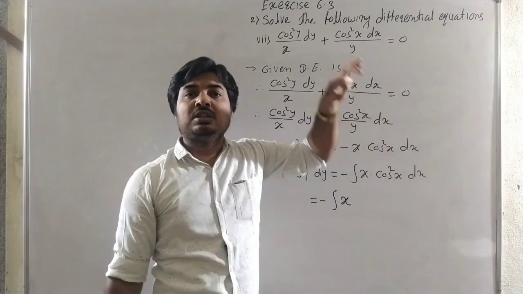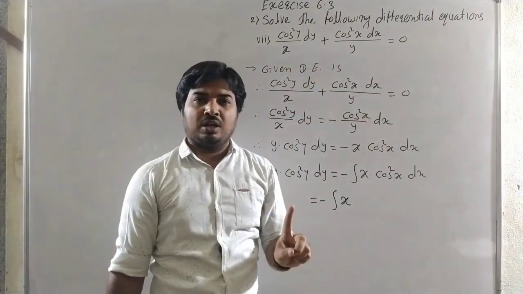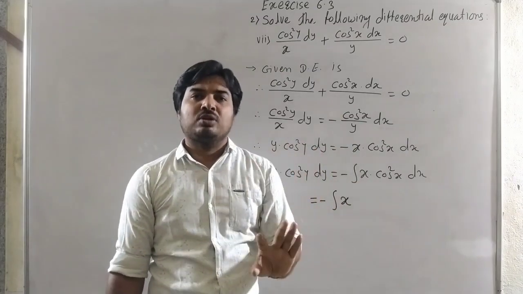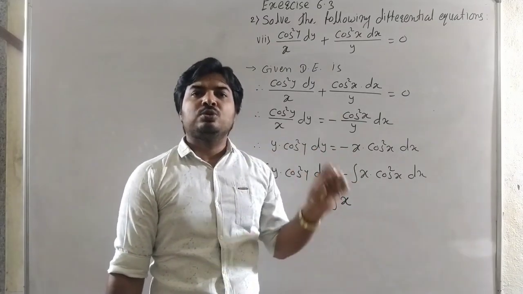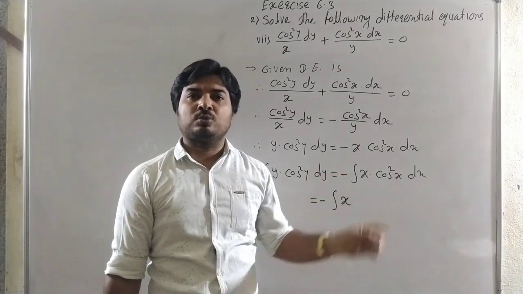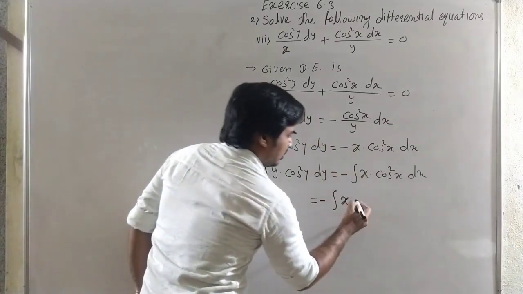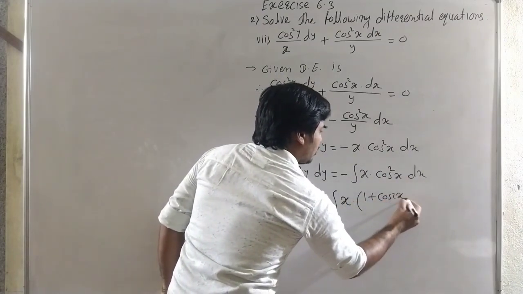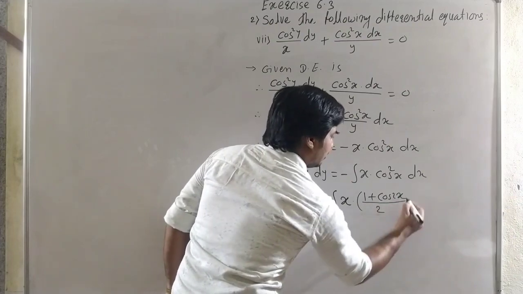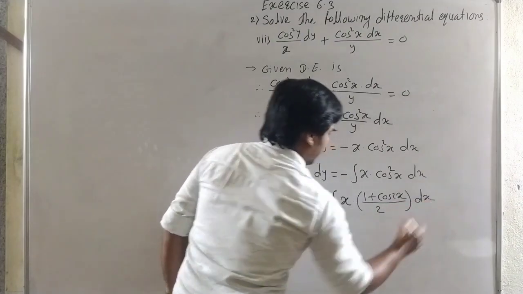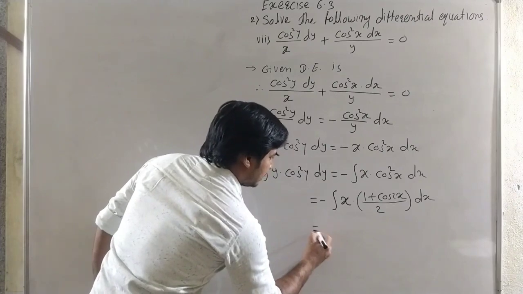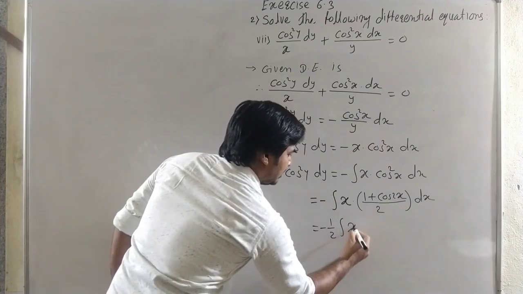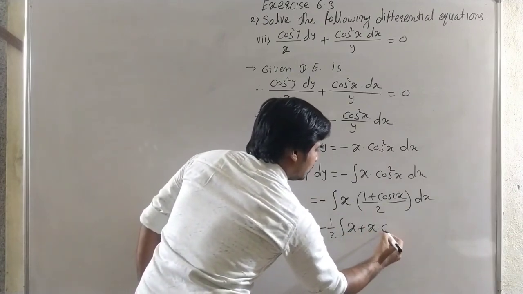So first find the integral of v, that is the integral of cos square. And we know that to find the integral of sine square, cos square, tan square, cot square, or sine cube or cos cube, we first use the trigonometric formula. The trigonometric formula for cos square is 1 plus cos 2x upon 2. Now here we can take this 2 outside. It is 1 by 2 into x plus x into cos 2x dx.